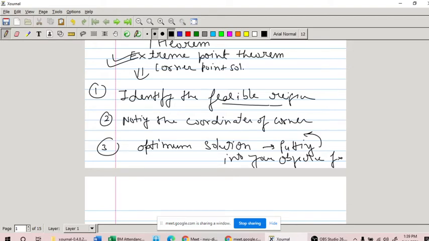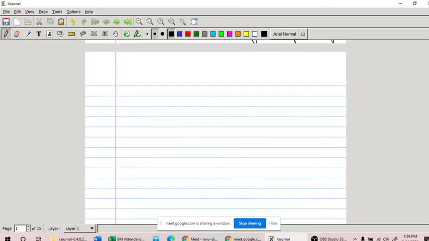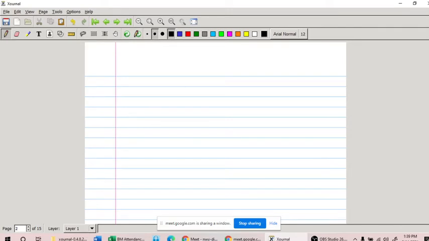Pardon the background noise. So let us have a look at this by using a very simple question, just a part of a question, and we'll do a few parts to make it a complete set of problem. So an LP program is given to you, and it says that you have to solve it using a graphical method.